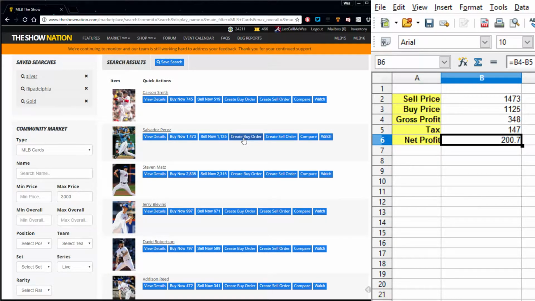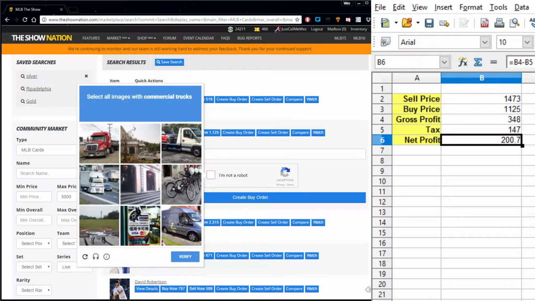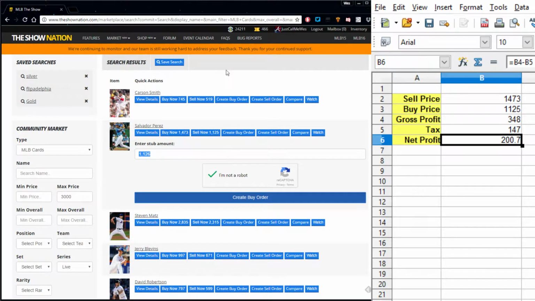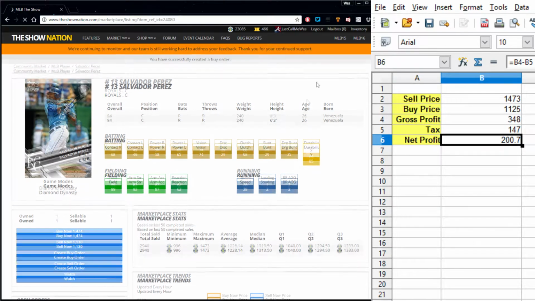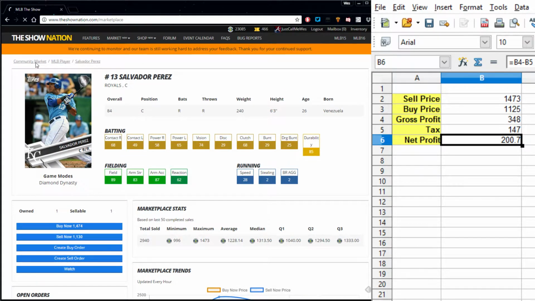Let's create a buy order, and we're going to put in 1126 as our stub amount. What we do is just put in a buy order for one stub more than the sell now price. Tell it we're not a robot. We're going to have to click on some trucks here. Verify it. Create buy order. Okay. We now have a buy order for Salvador Perez,